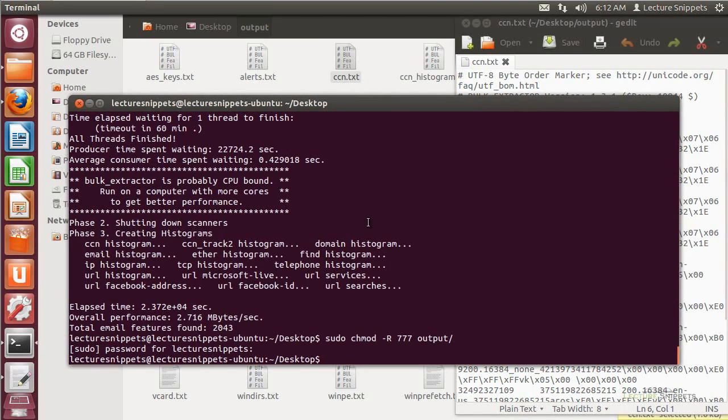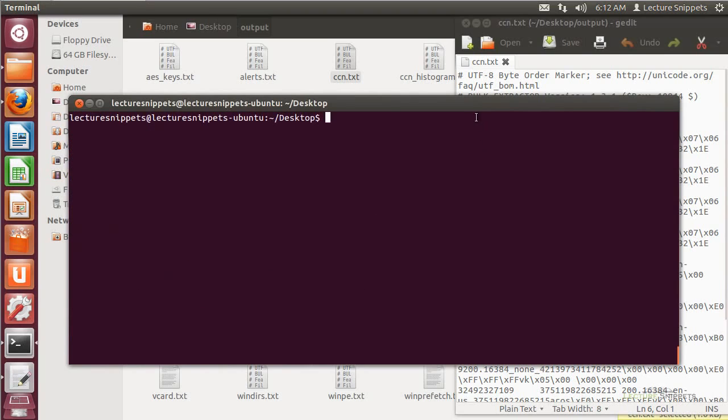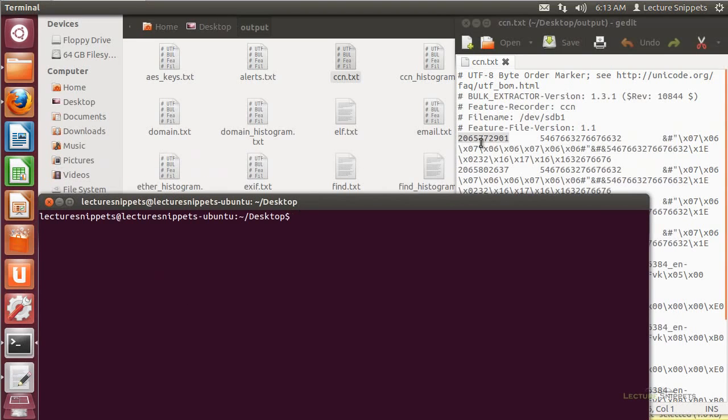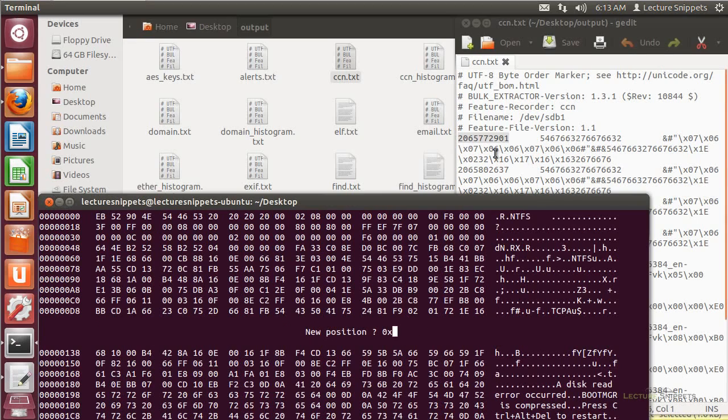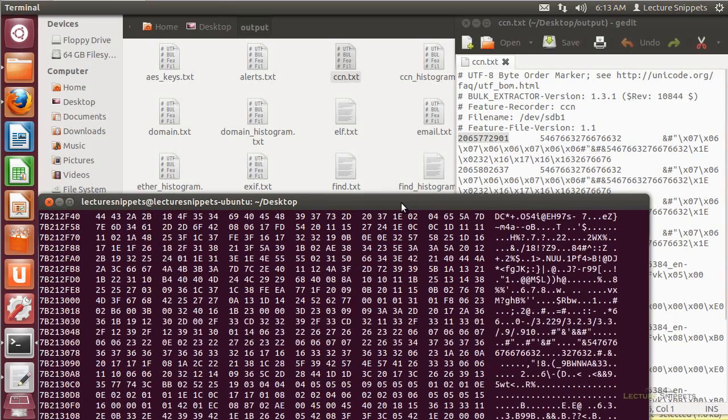If I go back to the terminal, I'm going to type in clear, and I'll use this number here that we see, and I'll pull up my hex editor, which I have installed on my computer, sudo hexedit, and I'm going to do /dev/SDB1, and I'll pull open that partition, and I'm going to search for this based on the hexadecimal offset. So I'm going to hit enter, and I need the position for it, and I've converted that over, like I said, to hexadecimal. So if I type in 7B213165, which is the hexadecimal value for this decimal number, and I hit enter, and I look at my information,